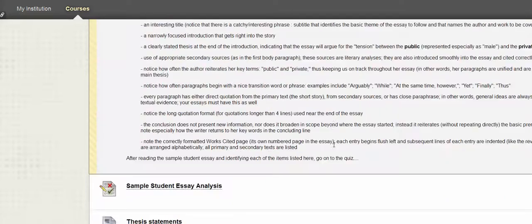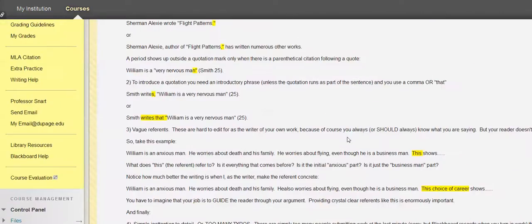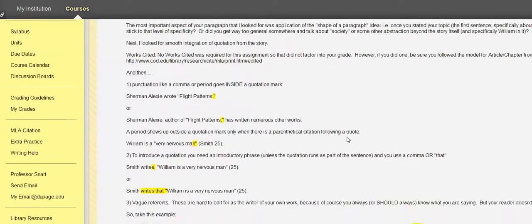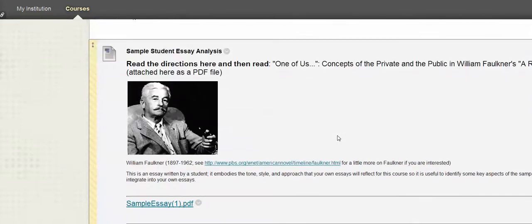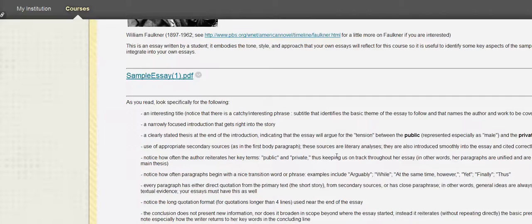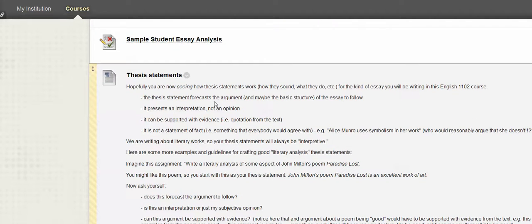In one of our links, or in one of our future units, we'll be looking at a whole bunch of other sample essays. So we're not just limited to trying to figure out what to do based on the one, but this is a nice start. So again, Unit 4 is a continuation of Unit 3, some of those writing principles that we look at,